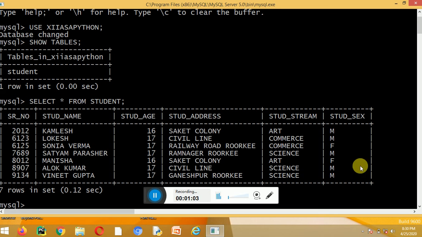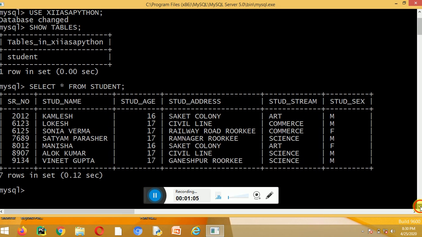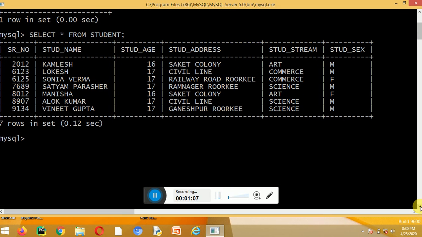Now dear students, let us continue further discussion in today's lecture. Suppose I want to delete a particular row. Suppose I want to delete the record of Lokesh whose SR number is 6123. The query I will write is delete from student.